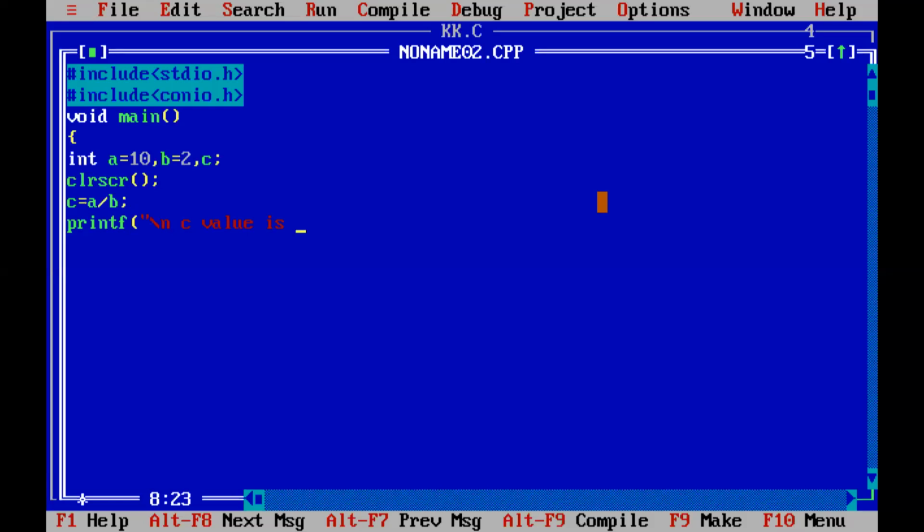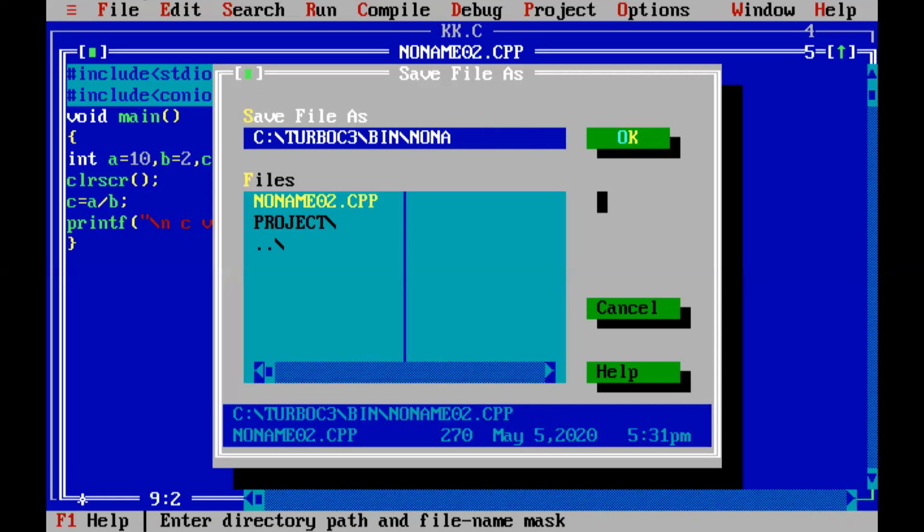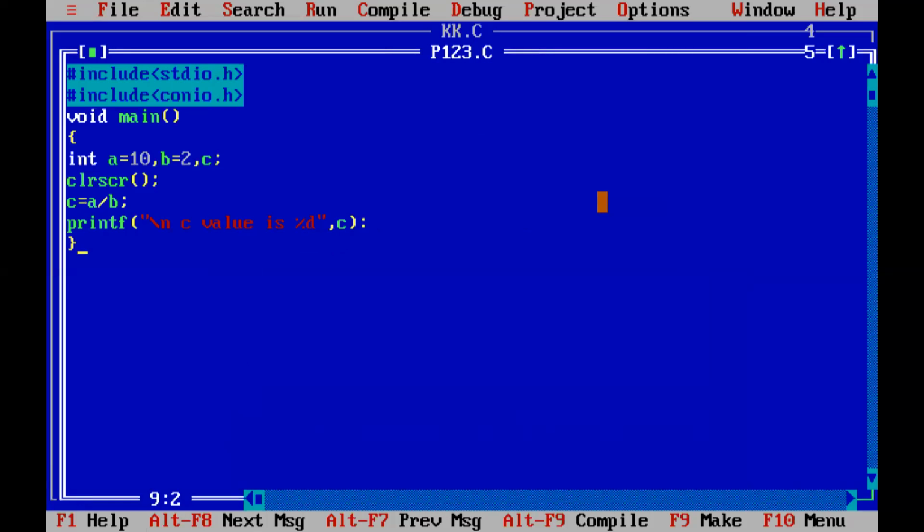C value is percentage d, comma c. Save this program. I will save it as p123 dot c, the extension .c is mandatory. So this is your source code. Source code is nothing but original code.